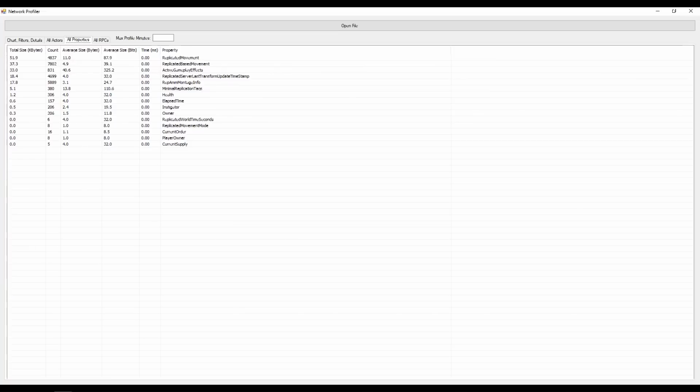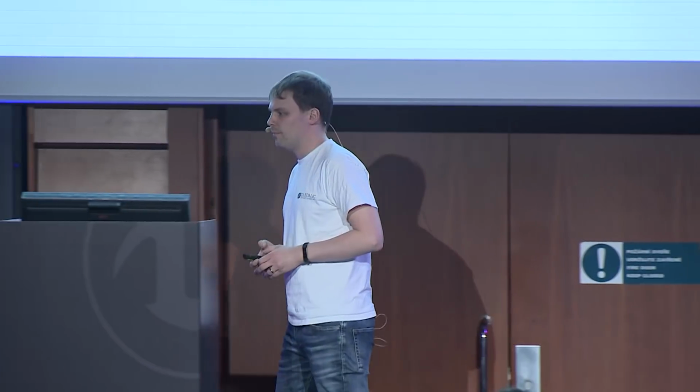So replicated movement, at least in our case, was always taking up a major part of our network performance. And one could say, okay, that's great. That's about it. It's not going to get any better than that. You can purge through the whole UDN, trying to figure things out. Like, okay, maybe we can improve on that. Maybe we can use some other vector quantization to reduce this, or we can replicate movement less often and stuff like that. But maybe there's another way.